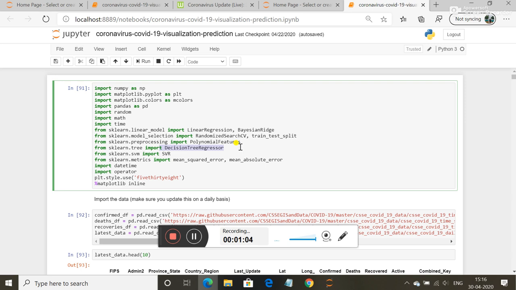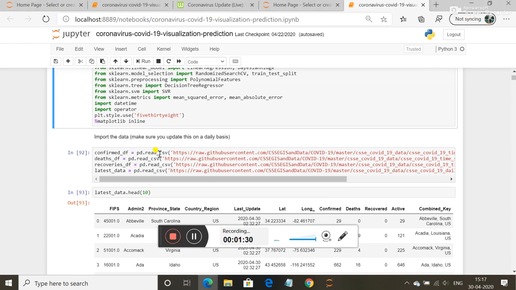So we are going to use an SVM model. It means we will do analysis with 2-3 different algorithms. One is Bayesian, second is polynomial, and third is SVM. So I generally trust SVM. So what we are going to do, we are just trying to show you. So you already see this thing.